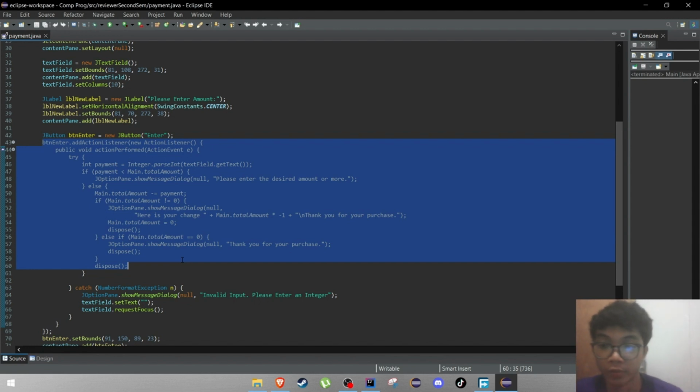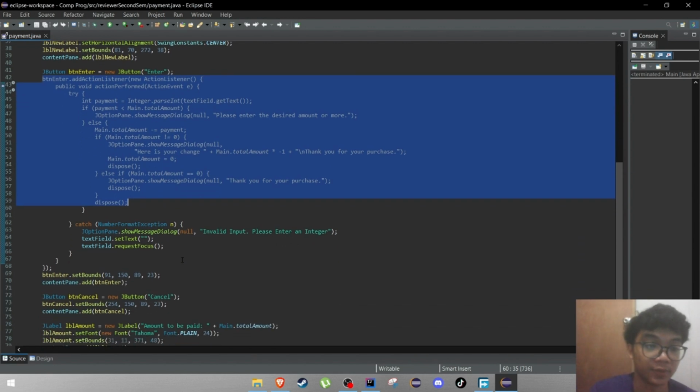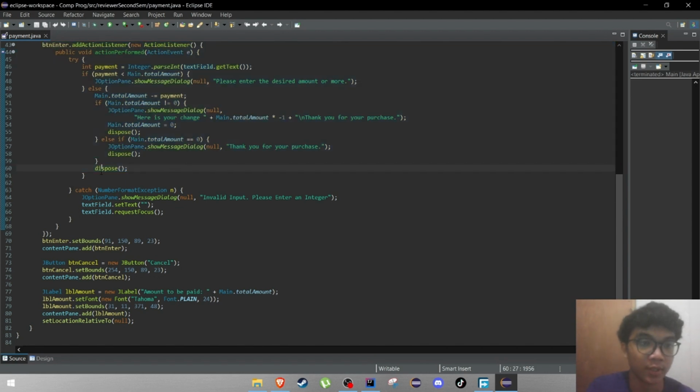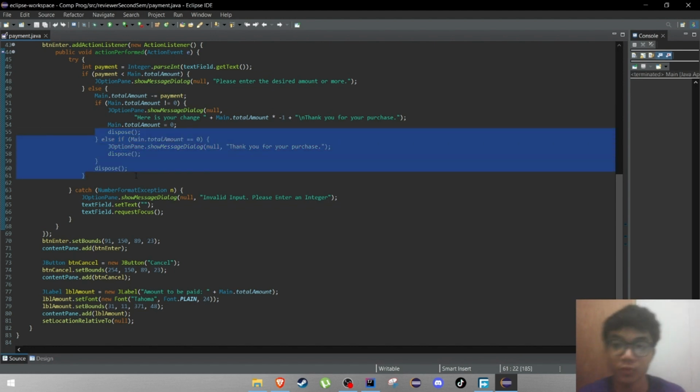So the class also includes the JLabel for showing the amount due, and it sets the properties of the frame, namely size, layout, and default close operation. Here, the dispose method is used to close the window after payment has been processed by the payment gateway.